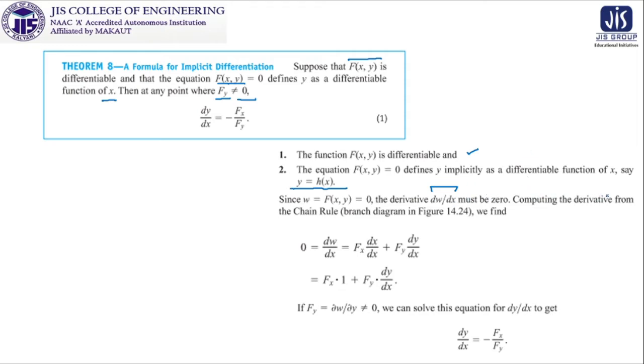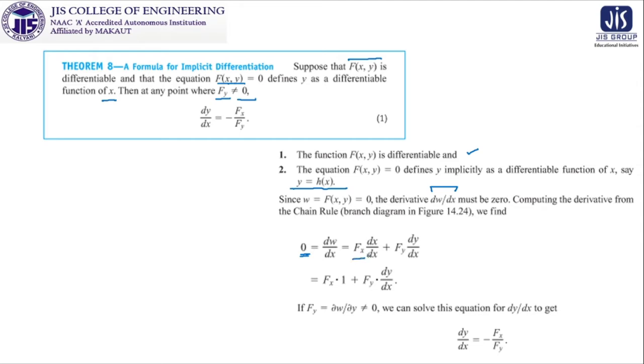Now computing this derivative from the chain rule, we find dw/dx equals 0, and according to the chain rule, where w is a function of x and y is a function of x, we can write